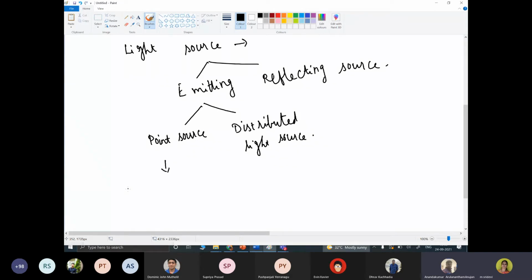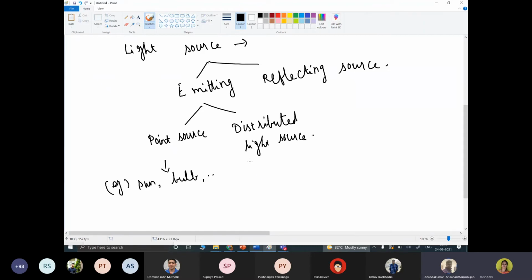The examples for point sources: sunlight, or a bulb, etc. The ray from the source falls radially, diverting the path from the source position.